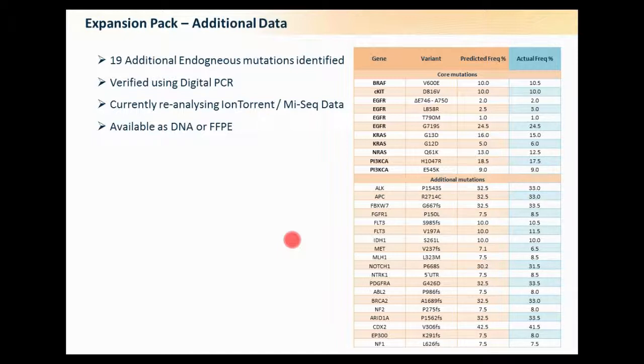And so what we did next was we looked at known SNPs that were endogenous to the cell lines, and then we developed digital PCR assays against them, and then we went in and tested to see if the predictive frequency based on the mix in the cells actually hit the actual frequency. And again, if you look at all the numbers, they're plus or minus about 1%. It might be a bit of a small outlier there. And so we're now in a position where we have